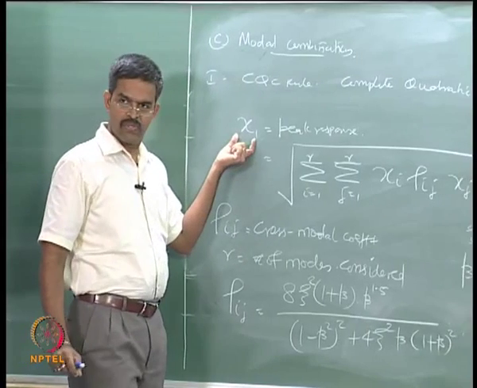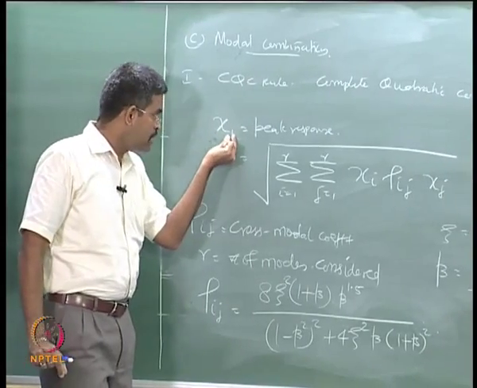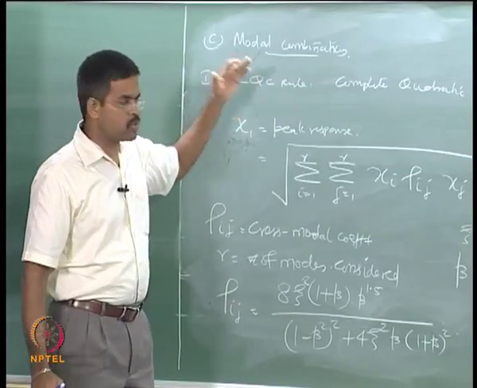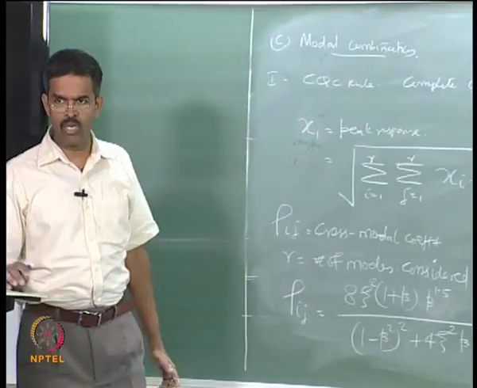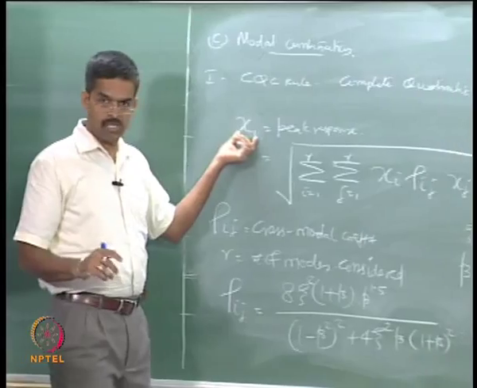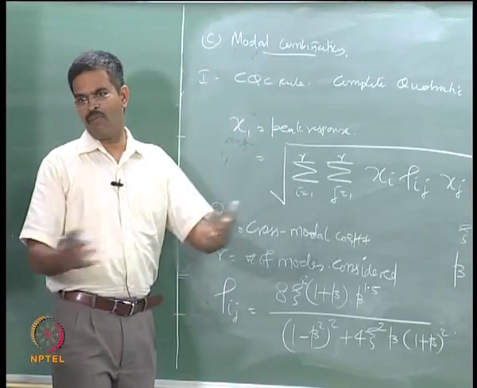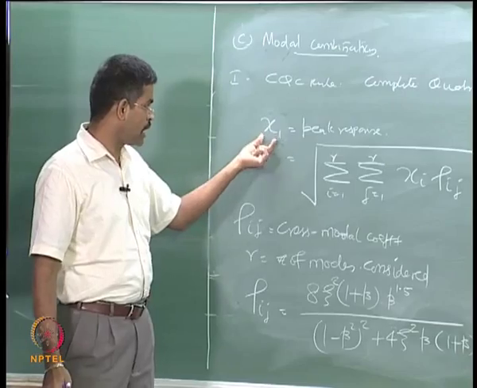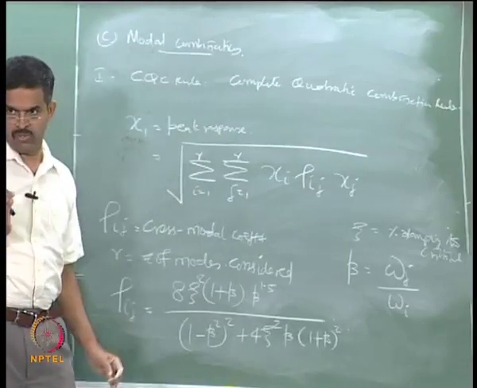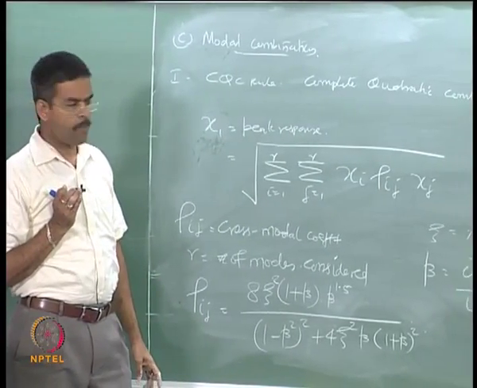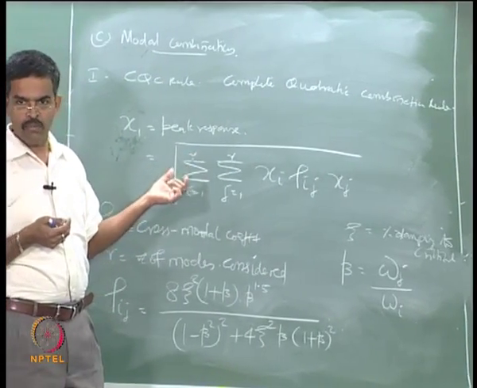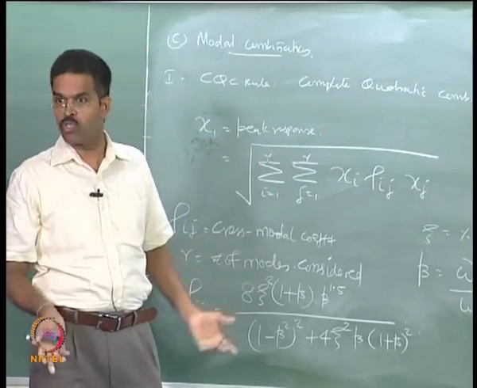Now to find the response at any level, this is indicating the level where you want to find the response, not the mode. First level, second level, third level, fourth level of a mass point, wherever you want to find the response. Usually one may be interested in finding out the response at the top near the deck. One can also find the response at the foundation if it is a free floating system. That is what we are looking at. We are not looking at that response, we are looking at the peak response, which has contributions from all possible modes. Why am I saying all possible? You may say, sir, there are only two modes here, i and j, but it is summing up, no? Okay, so I am picking up here only two modes, I can do it for 4 also.